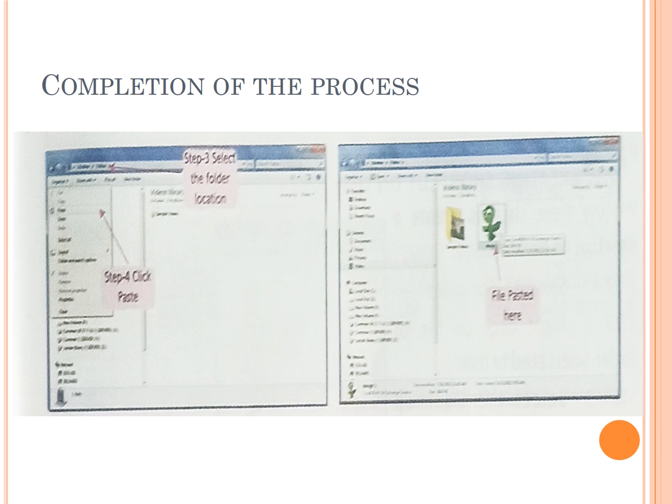In the second step, we'll see that after giving the command or clicking on the command Cut, we have to select the folder for the new location. Step 3 will help us to select the new place for the file, and step 4 is for paste. The shortcut key for cut is Ctrl plus X, and the shortcut key for paste is Ctrl plus V. On the right-hand side of this slide, we see the paste option and the file is placed in the